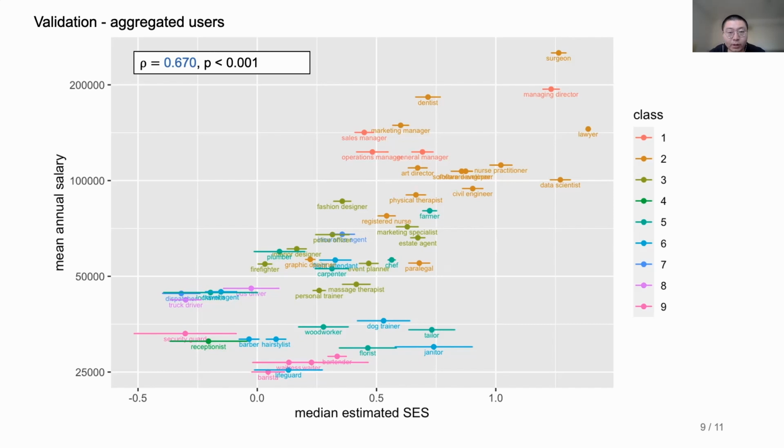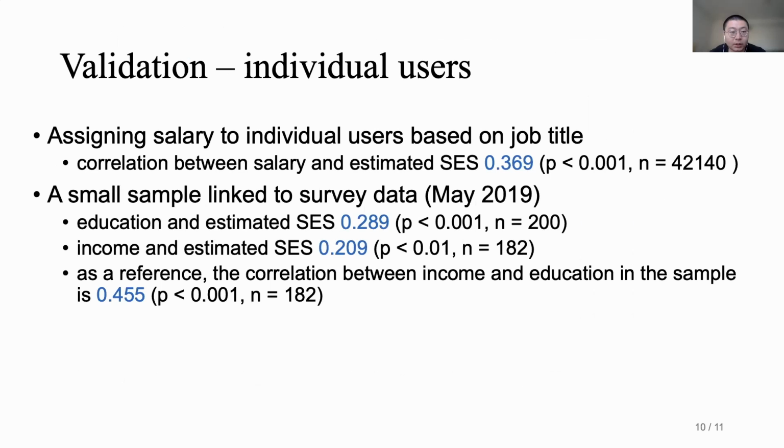The individual result is not as strong. Assigning the salary to individual users based on their job title, we got a correlation between income and the estimated SES of 0.369. For the small sample linked to survey data, we got an association between education and SES of 0.289 and an association between income and the estimated SES of